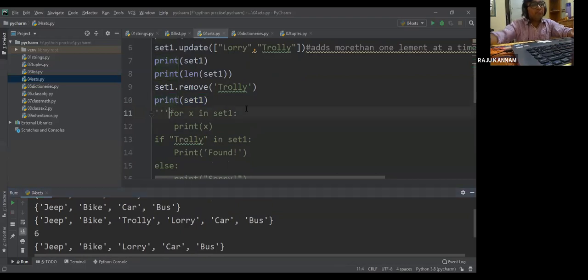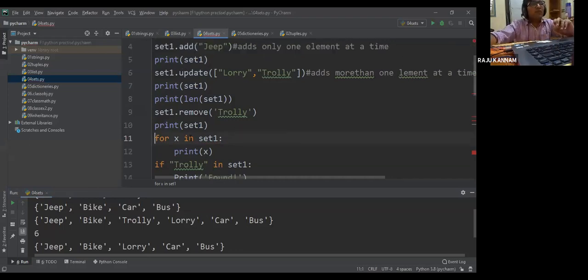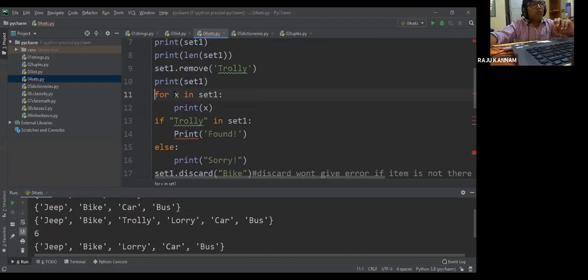And again, I'm repeating the for loop here, just as a revision. By using the for loop, I'm going to print each and every element in set one. For every element X in set one, print X. So you will get jeep, bike, lorry, car, bus, in 5 different lines.